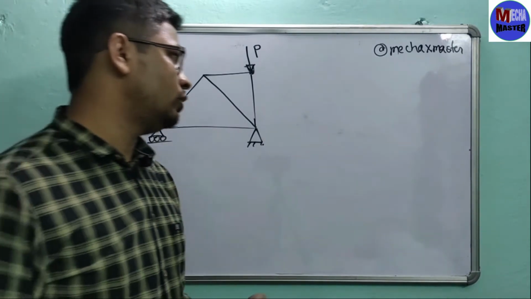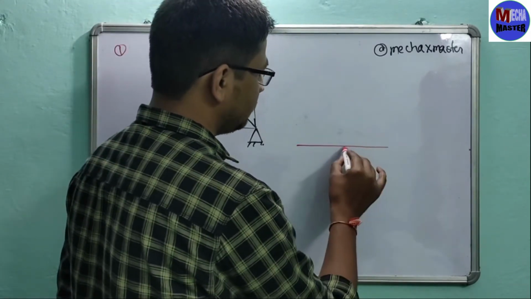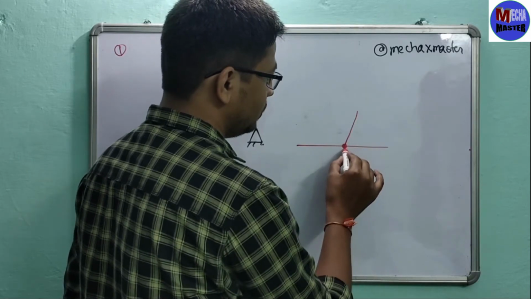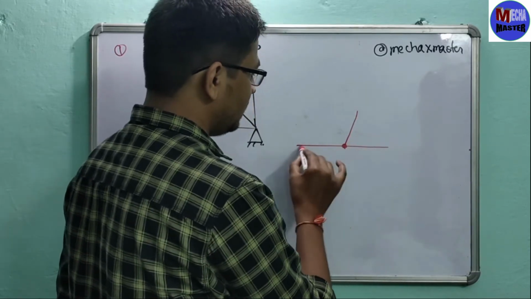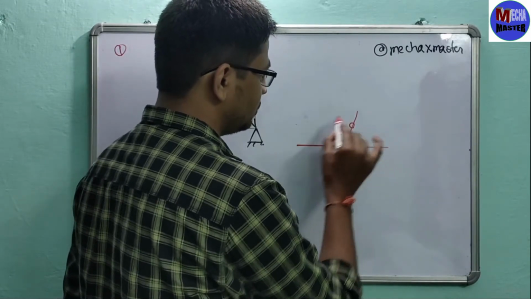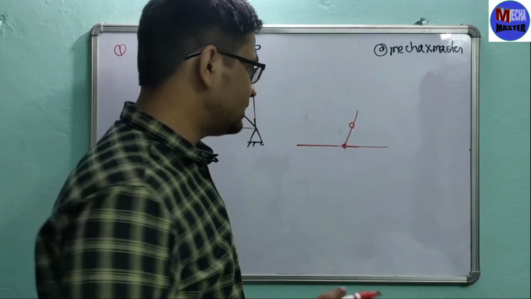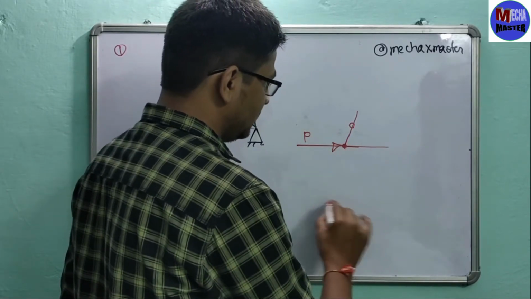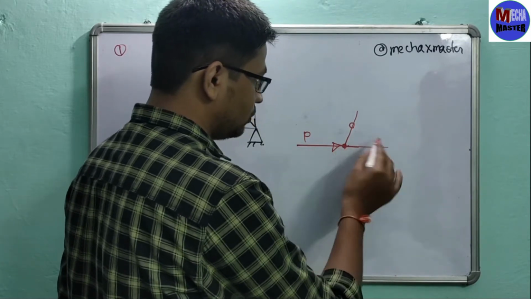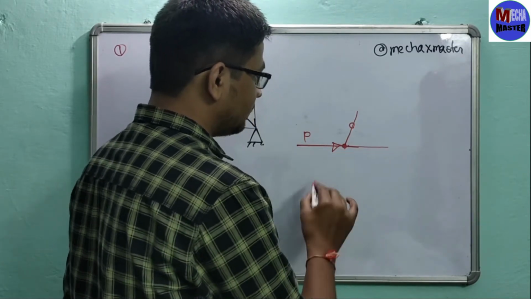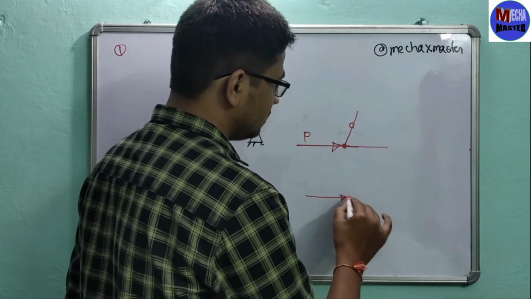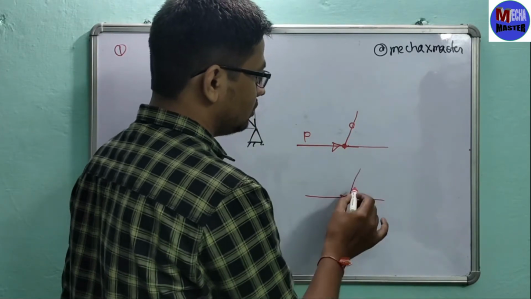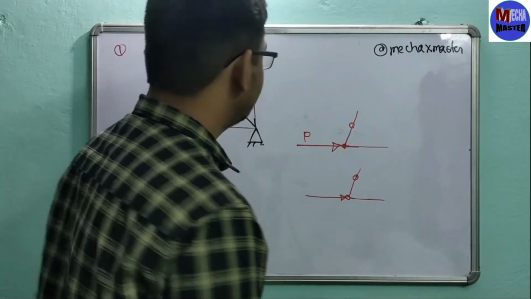The first rule that I have told you is that there will be two links at a joint, and if at the joint there is a third link and there is no external force at that point and these two links are collinear, then this link will be zero force member. You can easily replace any of these links with the help of forces. Suppose there are no two links that are collinear, but if there is a force that is collinear with the link, then also this third link will be zero force member.